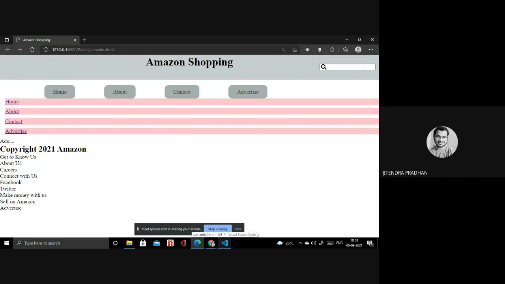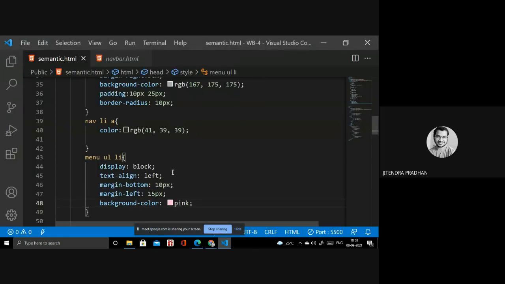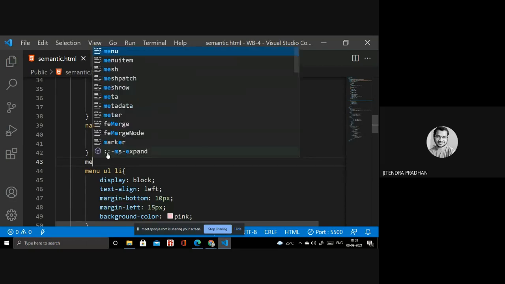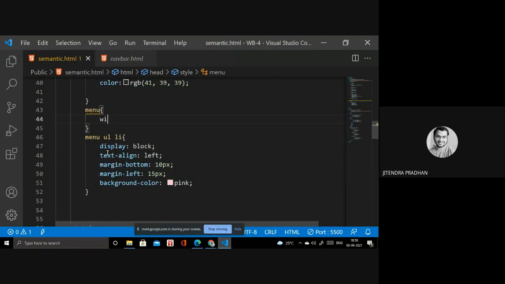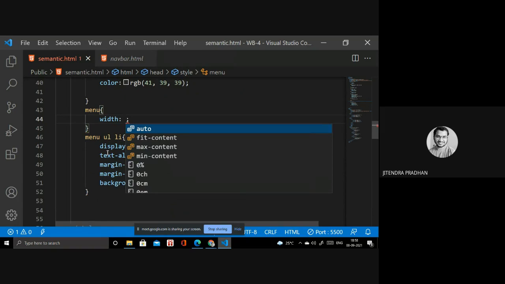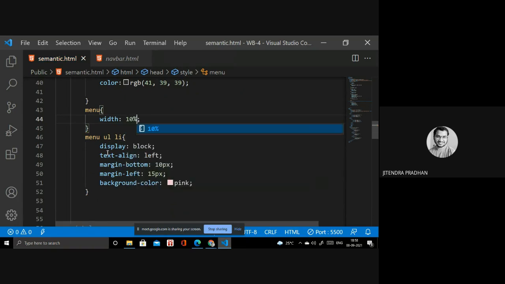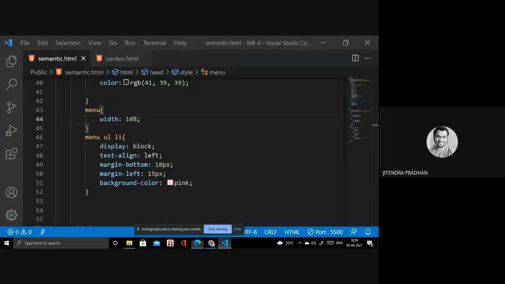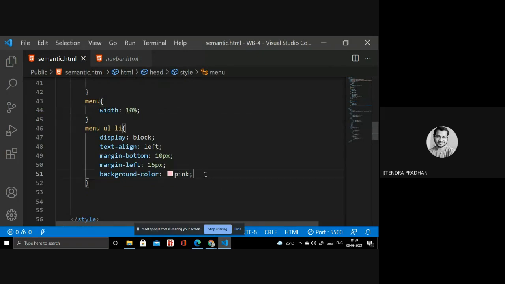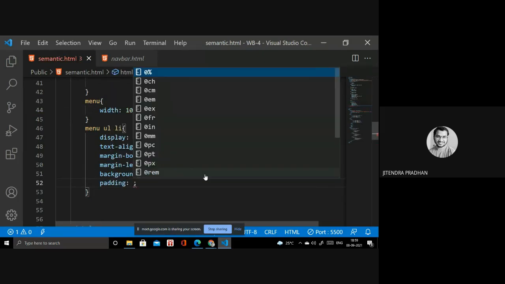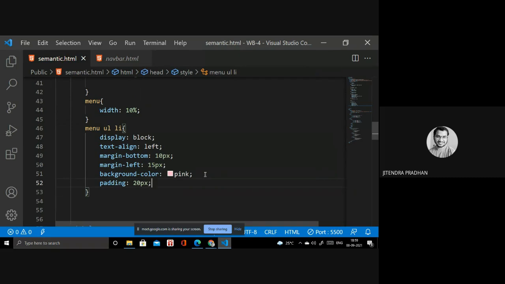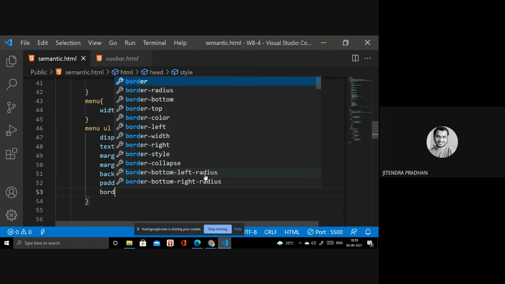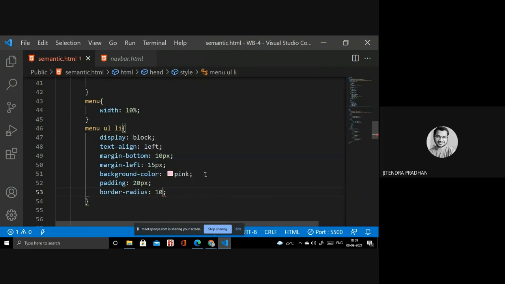It looks pink, but I need to change the width and height. So I will write menu inside menu. This menu's width is 10%. Okay, now it looks better. So if you want some padding as well, you have to write padding, 20 pixel, or border radius. Border radius, 10 pixel. It looks ugly. Wait, I will change something inside that.